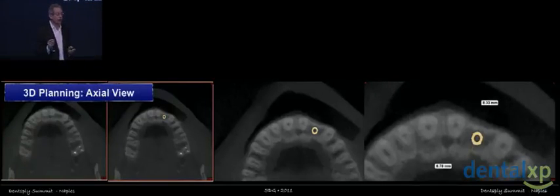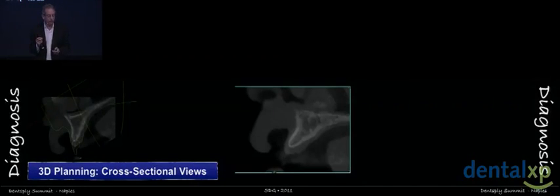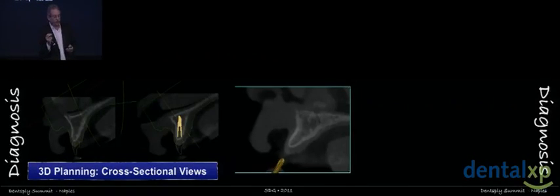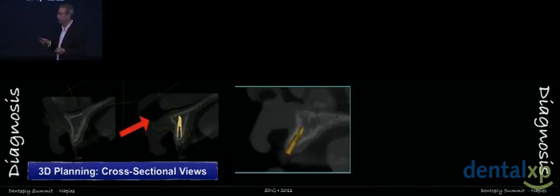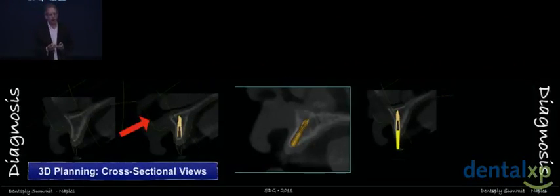We need to then go back and look at the cross-sectional planning. And when we look at the cross-sectional planning, we see a lot of information here. And you'll notice that you see a lot of different lines. Well, in this particular image, as we start to look at placing an implant into this site, we can see that there's a green line. Well, that green line I'm going to get to in a moment, because you're not probably used to seeing that green line. And then we like to use an abutment projection so that we can visualize where that implant is